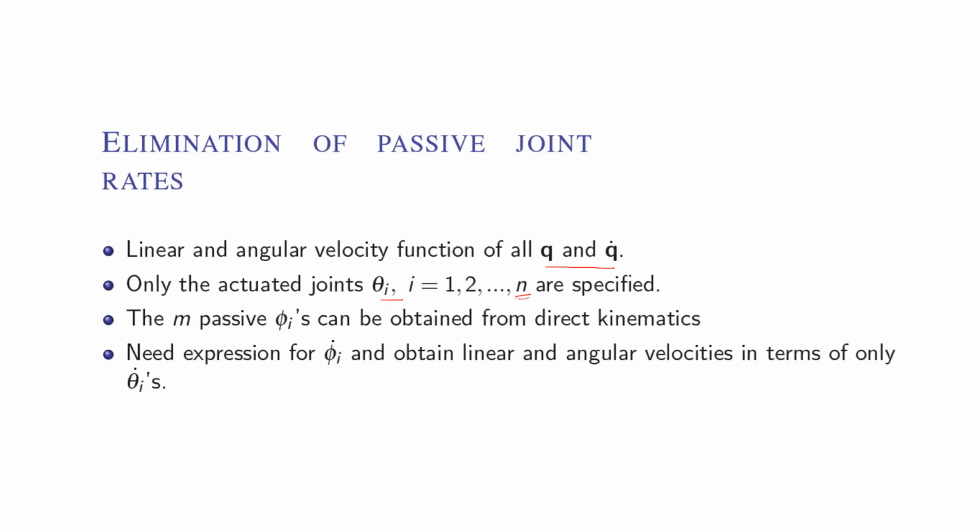The remaining m passive joints can be obtained from direct kinematics. We also need the expressions for psi, the rate of change of the passive joint variables. That is also required, so that we can obtain the linear and angular velocity in terms of only theta dot,